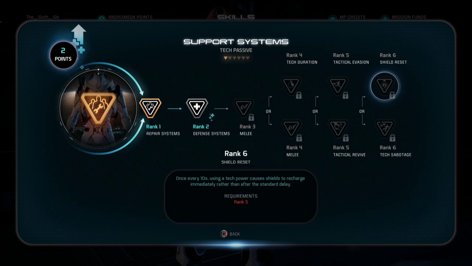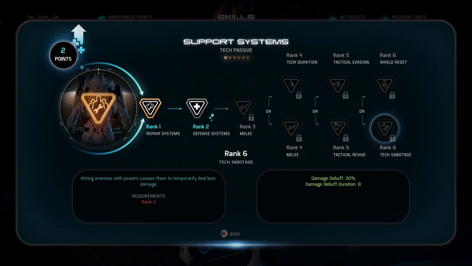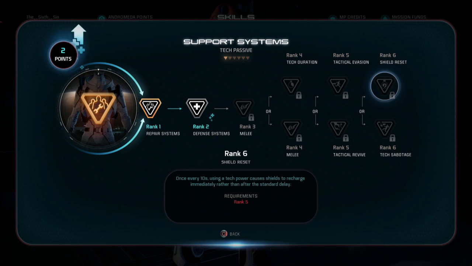And then these two perks are both really good. Damage debuff. If you hit them with energy drain, that's 30% less damage they're doing to you, so you don't have to worry about it. And this one, I don't know if it triggers off a cloak, but if this power triggers when you trigger your cloak, because cloak stops the shield regen,